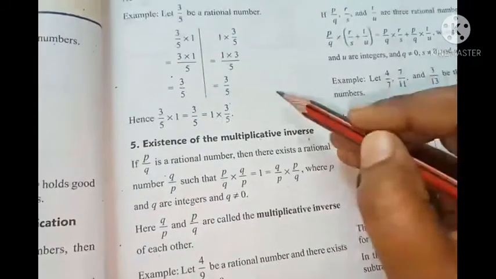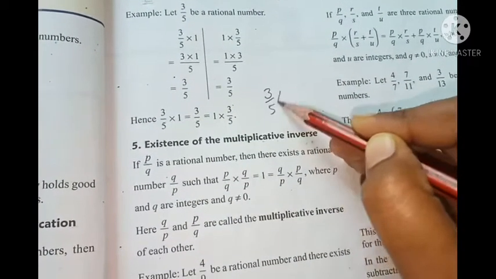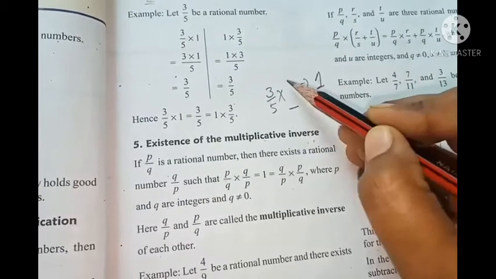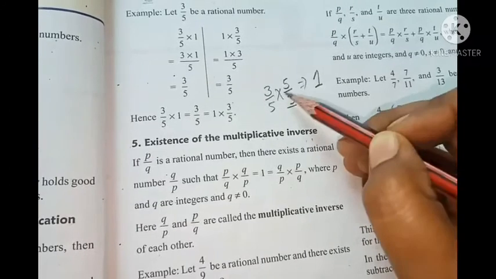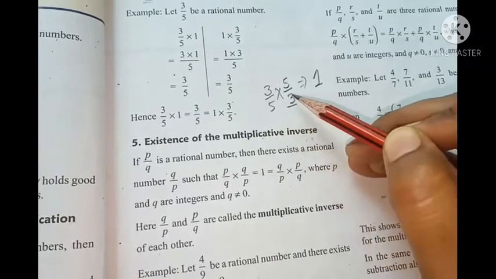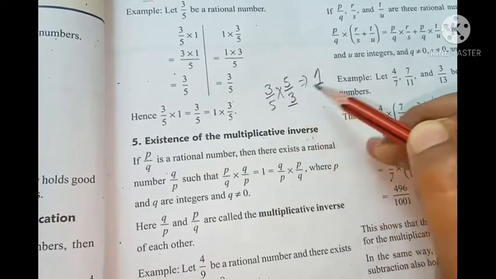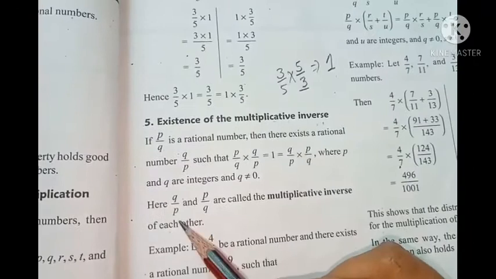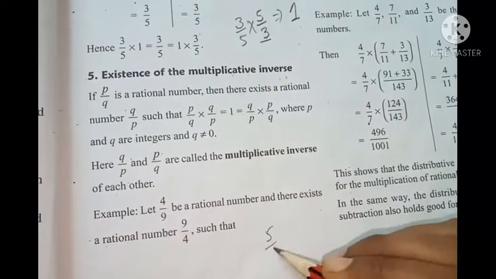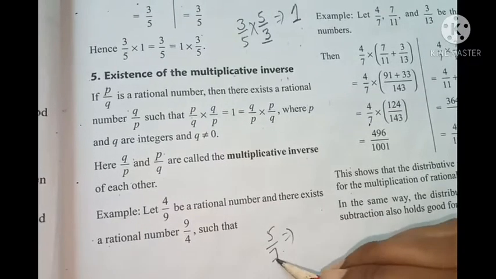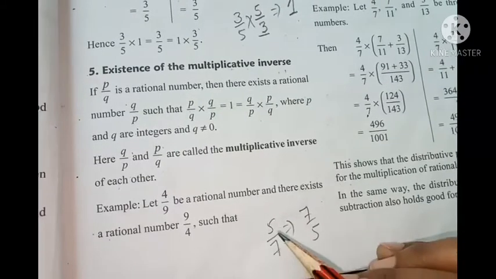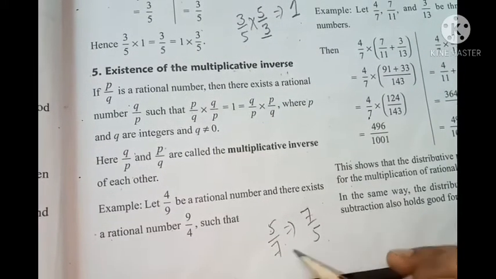Same goes with multiplicative inverse. Multiplicative inverse means, just for example, I have 3 by 5. So what should I multiply here so that I get 1? I get that identity. So I will multiply with the inverse part, na. Just the opposite of the number, that means the reciprocal. With 3 by 5 I am going to multiply 5 by 3 so that I get 1. So you will say that Q by P or P by Q, they are multiplicative inverses of each other. If I have 5 by 7, what is the multiplicative inverse of 5 by 7? 7 by 5. No change of sign is there, just make the numerator the denominator and the denominator the numerator.